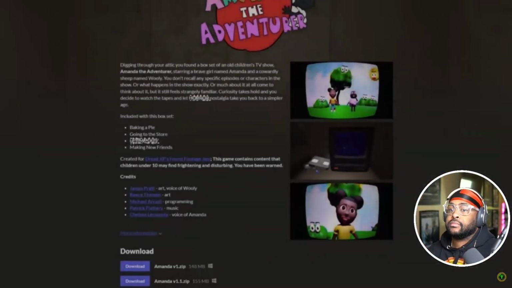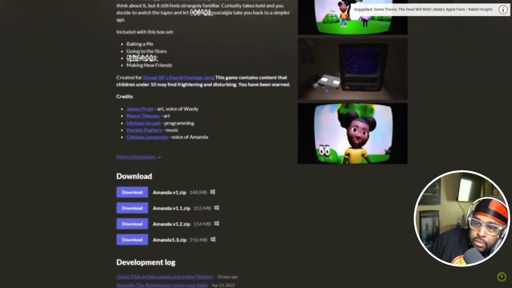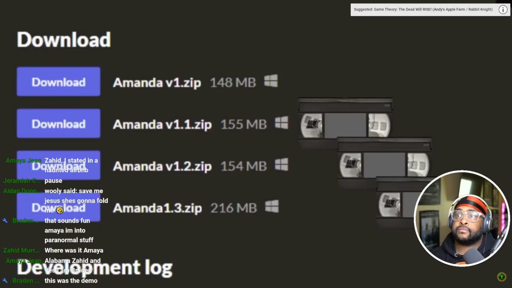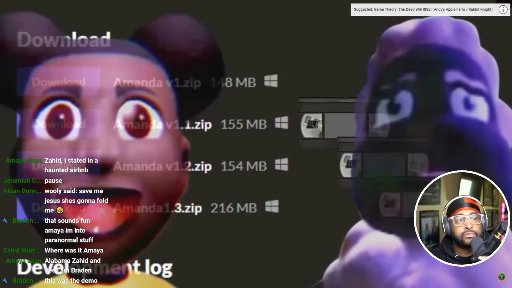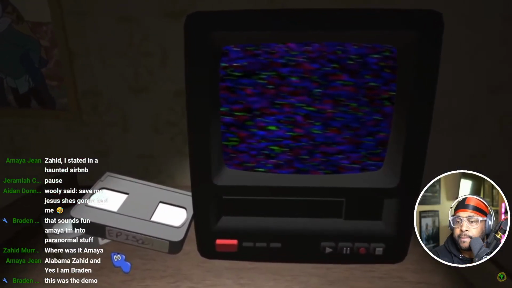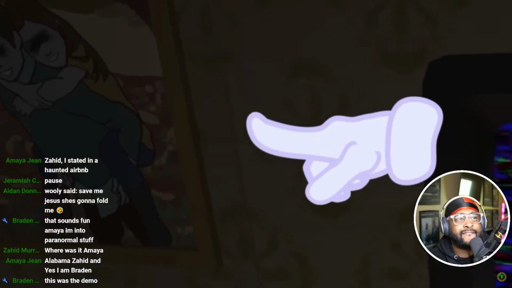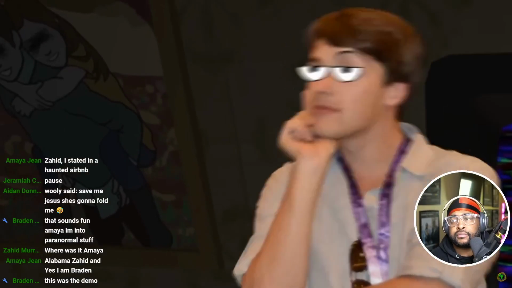But since the initial release of Amanda the Adventurer, there have been more and more updates to this thing. Each one adding secret tapes to the game that start building out who or what exactly these characters are. The first and most obvious change when you open up any of the updates is this picture suddenly appearing on the wall. Two children playing together with their eyes scratched out. Clearly, this has been added after the fact to mean something.